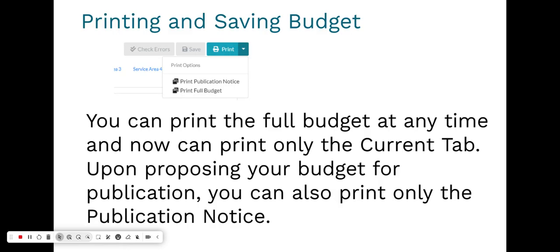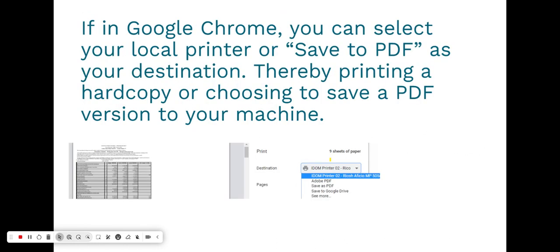Upon proposing your budget for publication, you'll note that there is an option to only go in and print that publication notice. So you can save that off to your system and send it to your newspaper. If you're in Google Chrome, you can select your local printer as the destination, so you can actually print a hard copy, or you can save to PDF as your destination, so that way you can save it off again